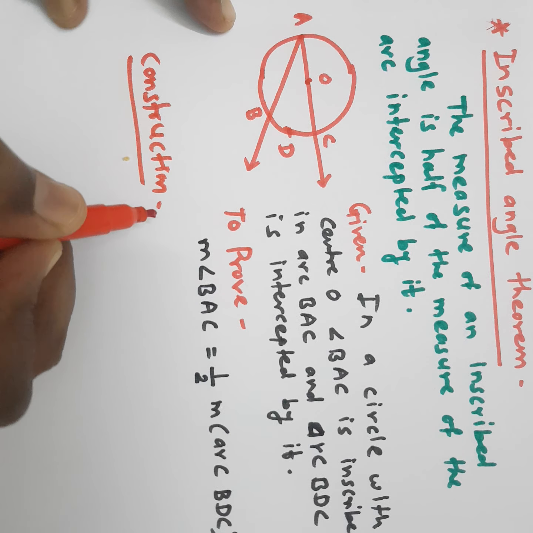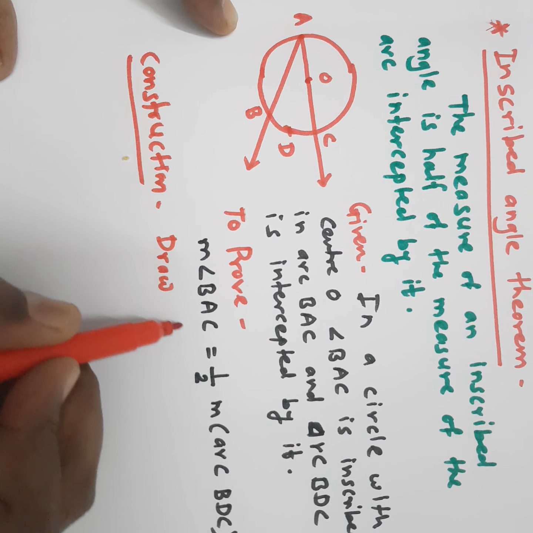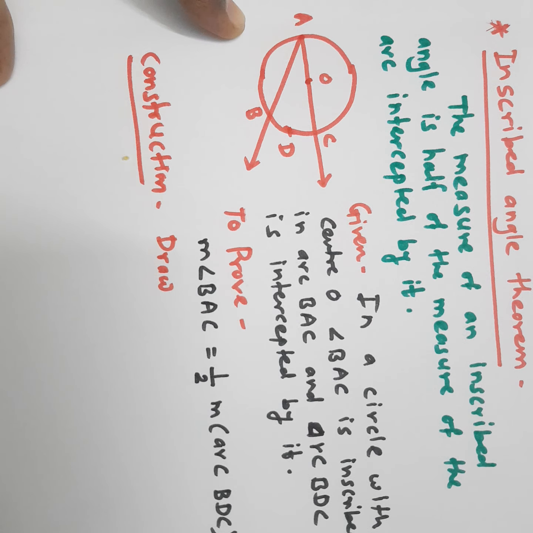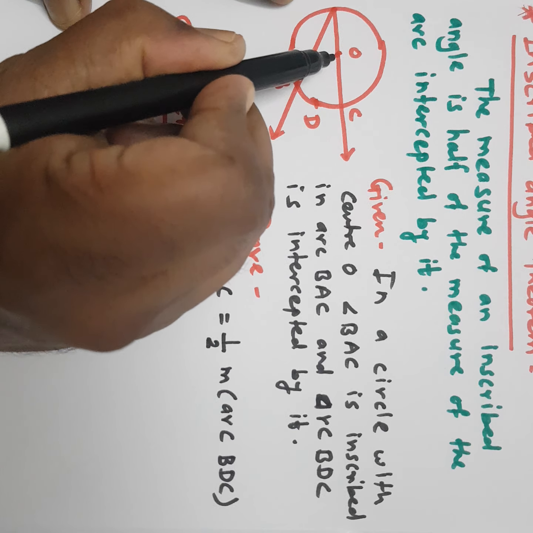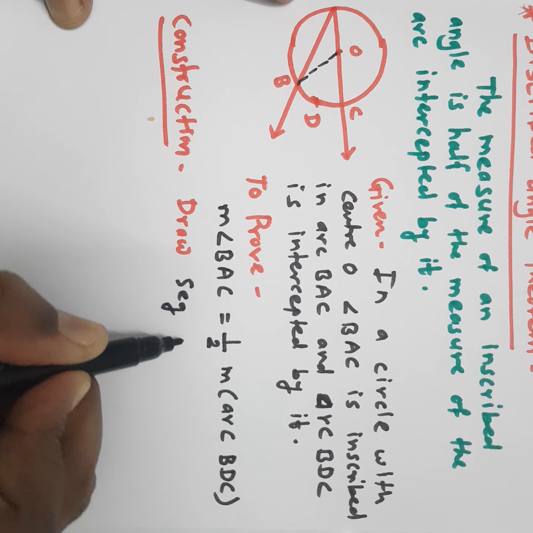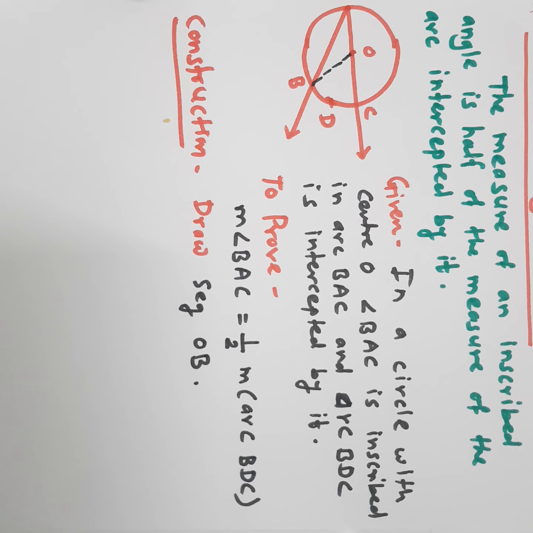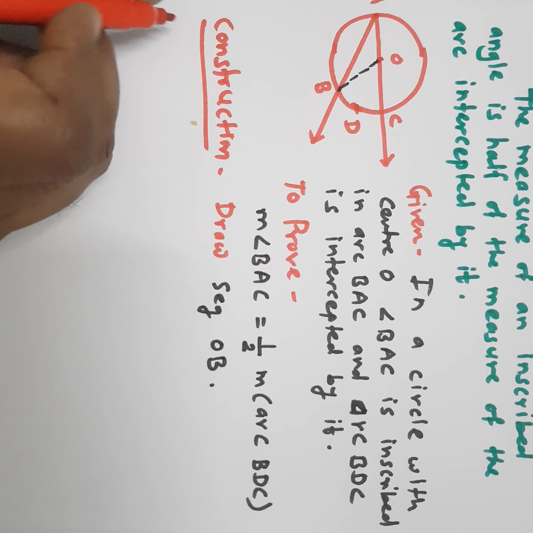What is the construction? Draw ray AD, or draw segment OB. If we draw this segment OB, then we get triangle AOB. Now we will write the proof